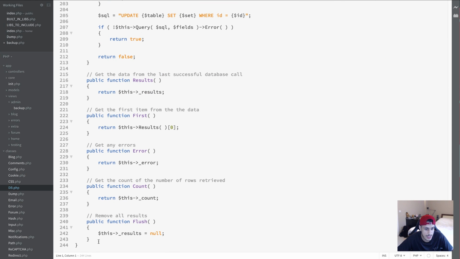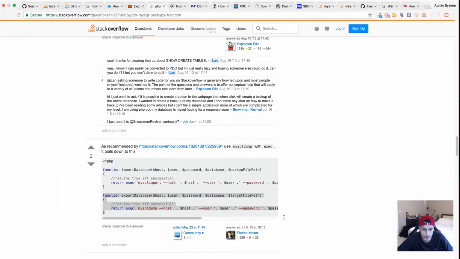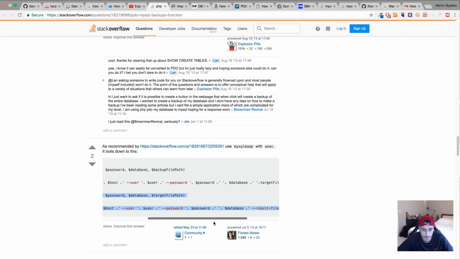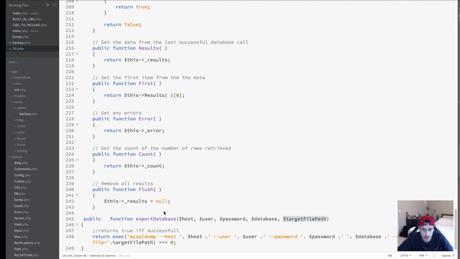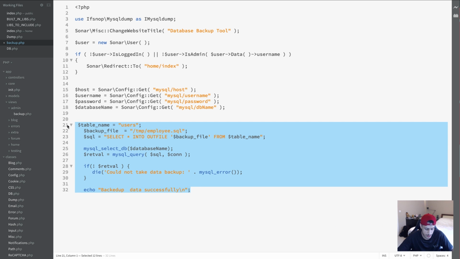I'm gonna put it actually into the database class. Whack this in as a public method. I'll sort out indentation and all that other stuff afterwards. $host, user, password, database. I'll whack that in, target file path. Yeah, I'll have to set some target file path as well. So copy that. Now in backup, I'm simply going to do if